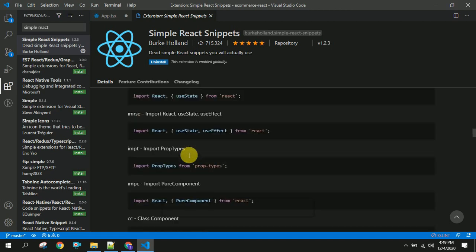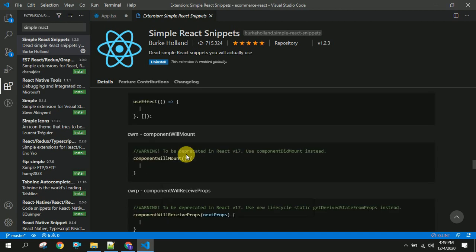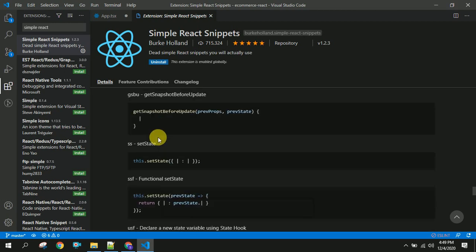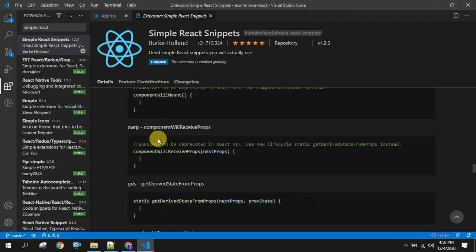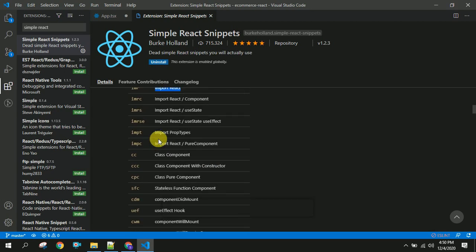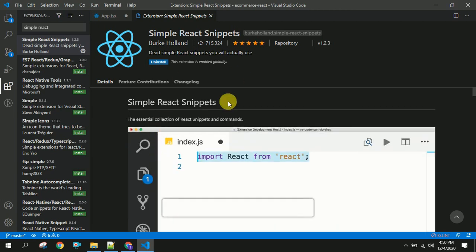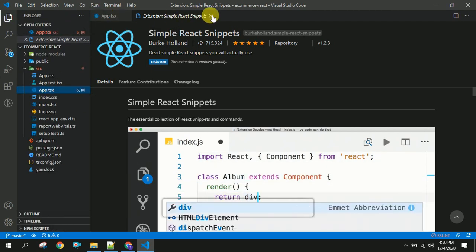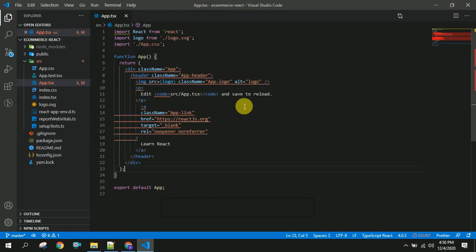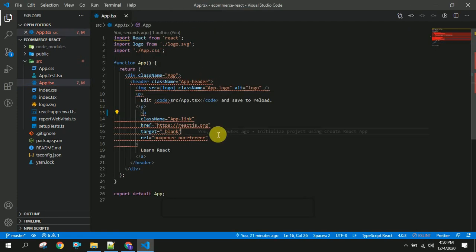You can play around with this. So these are the different installations we are going to use in our project. There are a lot of advantages of using these in our real-time applications. You will know all this whenever you write the code in this React application.